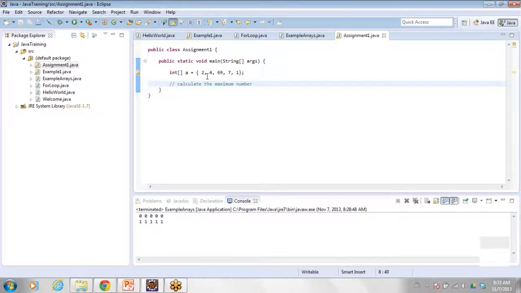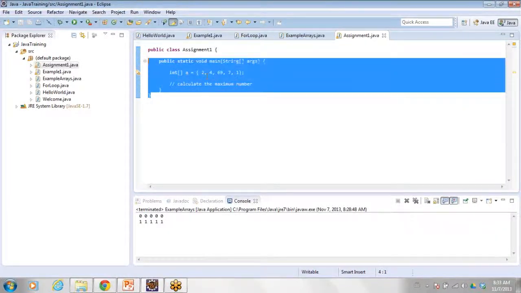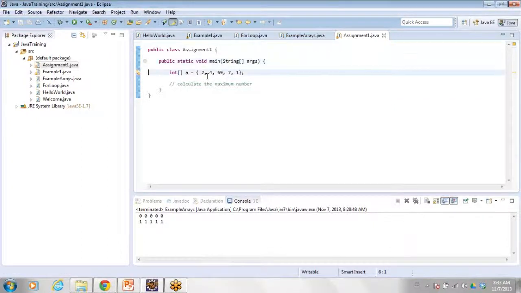So you can write the code for calculating the maximum number in the array and you can print that value. So you can send me this assignment code. I will mail you this class Java programs, so you can fill the code here for calculating the maximum number.